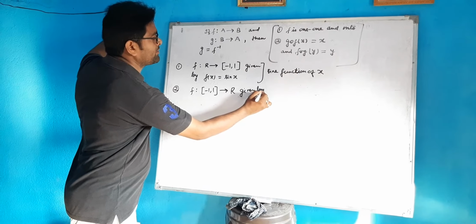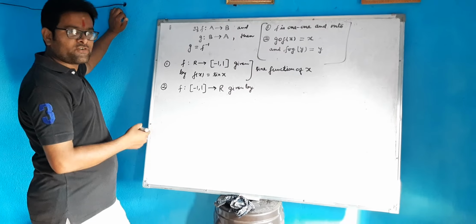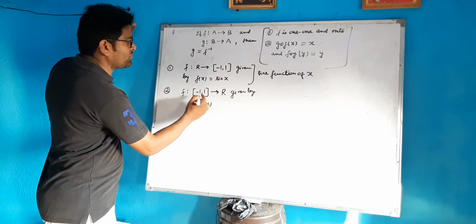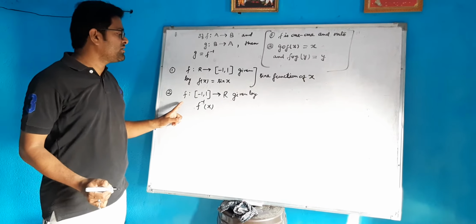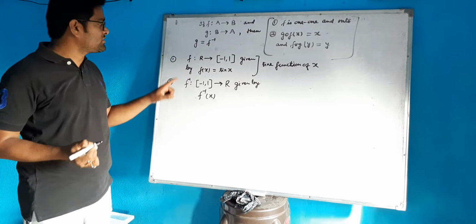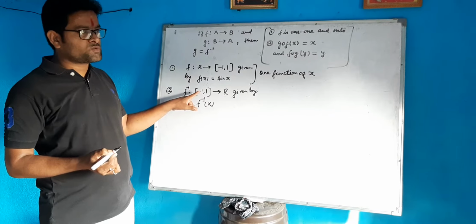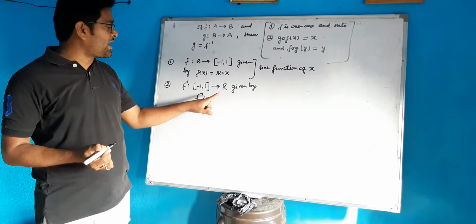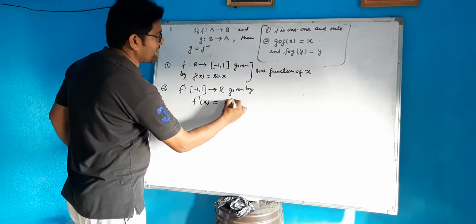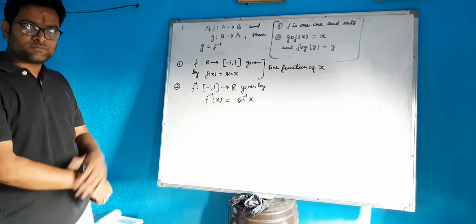given by this f of x, which should not be written as f of x now, it should be written as f inverse of x. You will ask why f inverse of x? Because we cannot define the same function. So in place of f, I have written f inverse from the closed interval -1 to 1 to the set of real numbers R. So f inverse of x is equal to sine inverse x. This should be your definition.